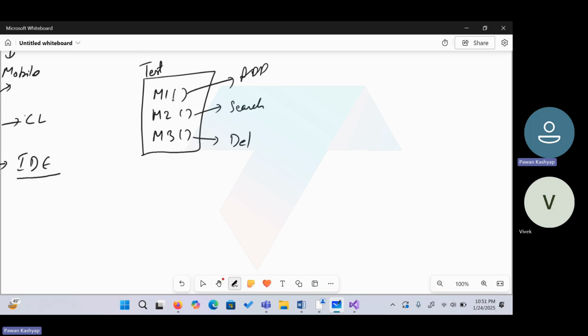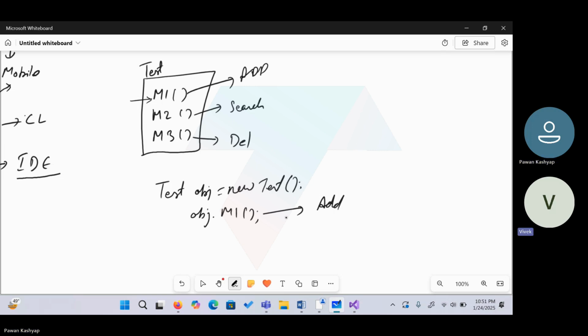Now I want to call the add functionality, so say I call the M1 method. To call this M1, I need to create the instance first. Let's say obj equals new Test. Then we can say obj.M1, and it will execute the add functionality. When I make M1 a static method,